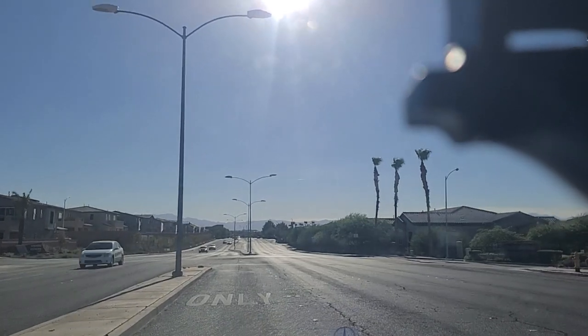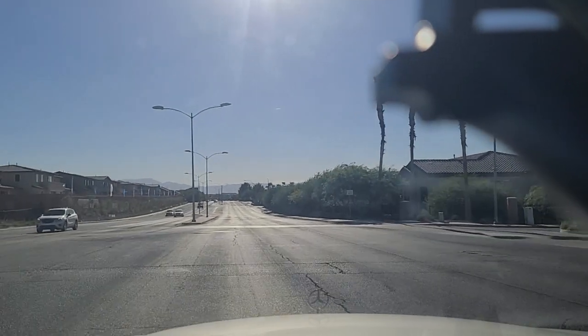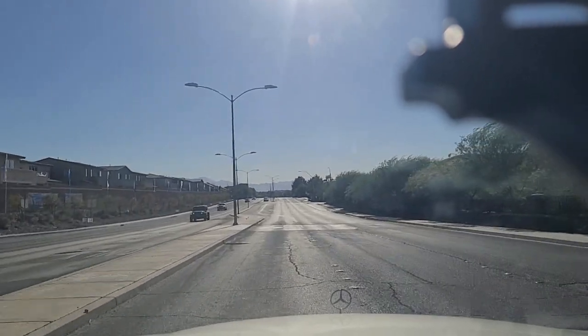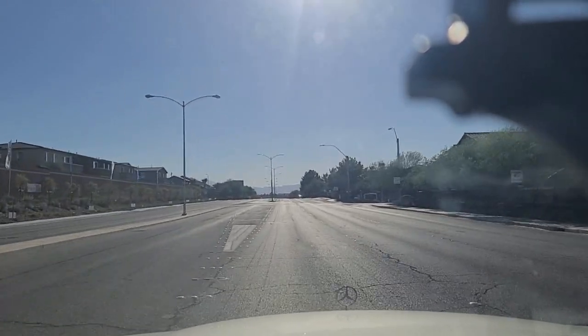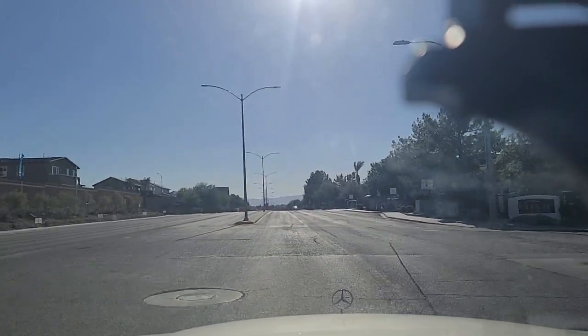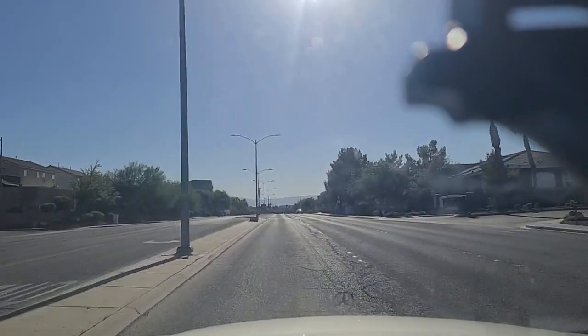We're here on Horizon Ridge Parkway in the city of Henderson, heading westbound towards Stephanie Street. We just came off of Gibson and Horizon Ridge Parkway. The homes up off of Gibson are probably really expensive, but they're brand new. A lot of them tend to be brand new, and you come out of that hill, the foothill there for